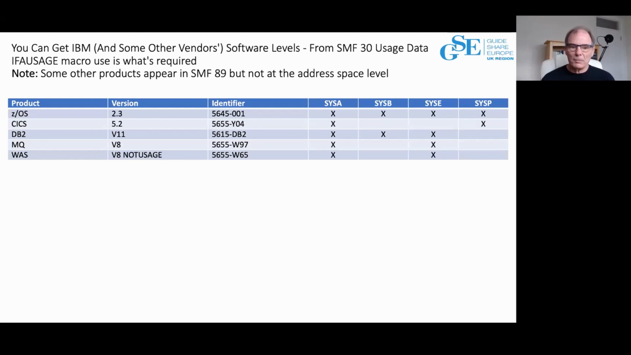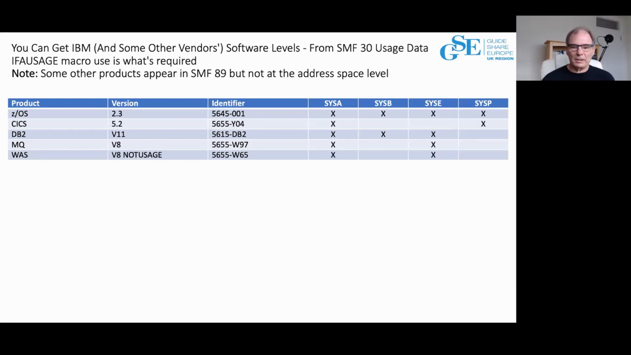Now, some products that use it will appear in SMF89, but that won't be at the address space level generally. So there are some products that you don't see in the 30, but you do see in the 89. Which is worth bearing in mind. Now, here's just an example where